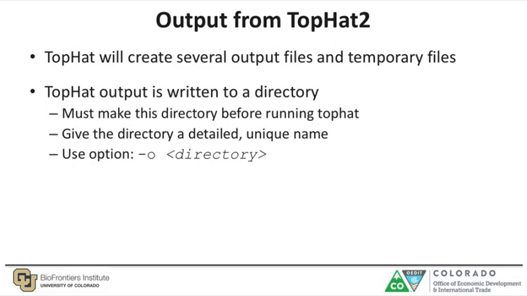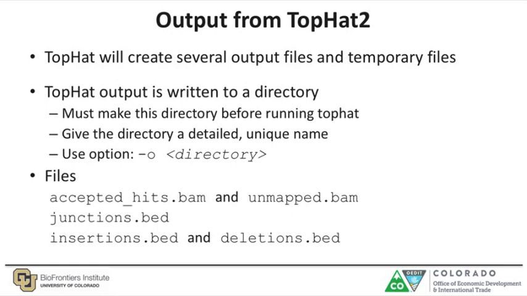When aligning multiple RNA-seq samples with TopHat, you should give these specific directories unique names that are specific to each of the samples, because the files that are generated by TopHat will be ambiguously named. Specifically, the files that TopHat will output will be named accepted_hits.bam, which contain the alignment information for all mapped reads, as well as a BAM file containing the information of